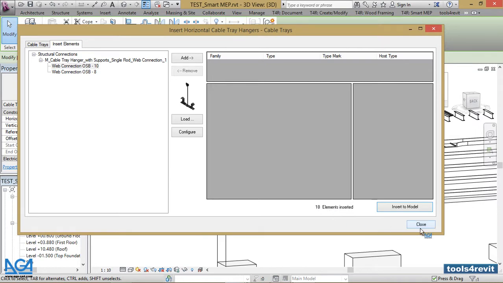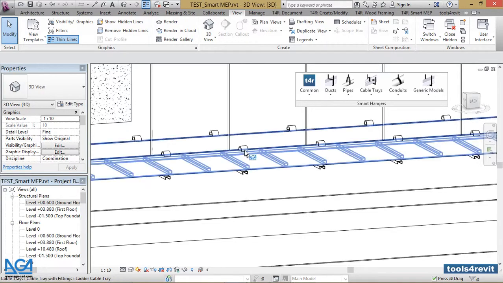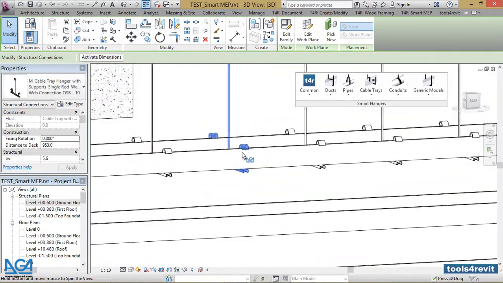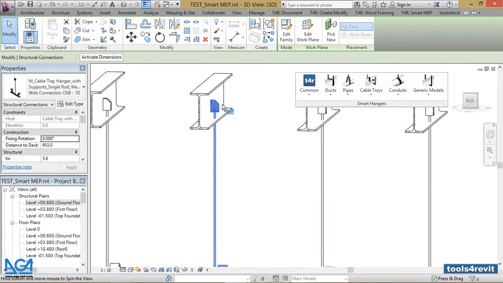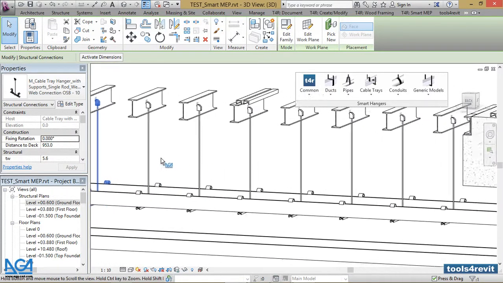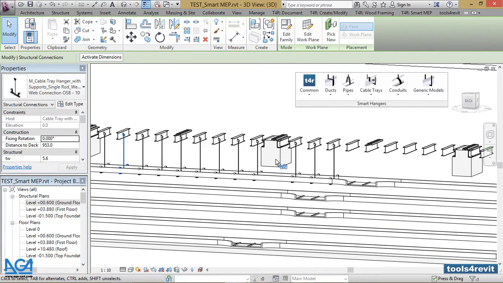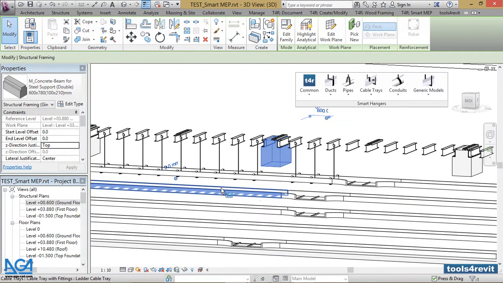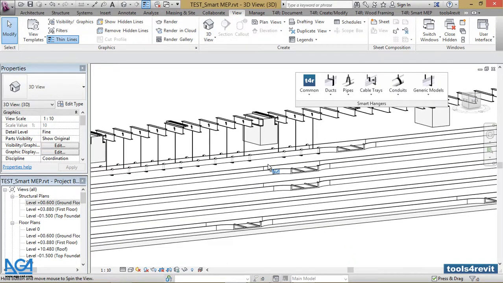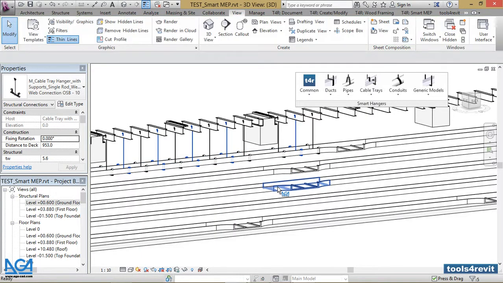You can see that 18 elements were successfully inserted, and we have all the parameters written in it. The positioning is perfect, and we can see that all those elements were successfully connected to the beams. And if we want to connect to some other beam, or this one over here, and if we just don't need something, we can just delete these,